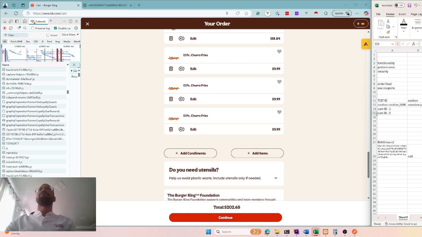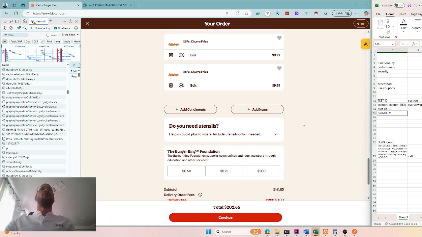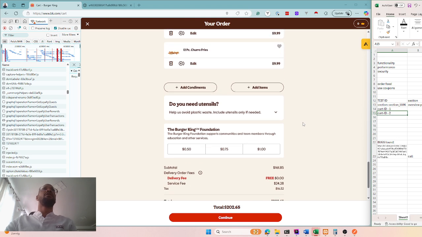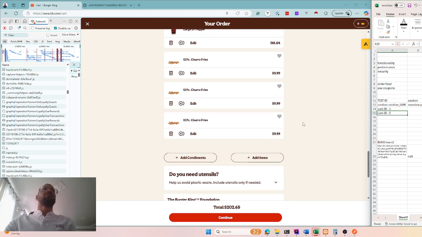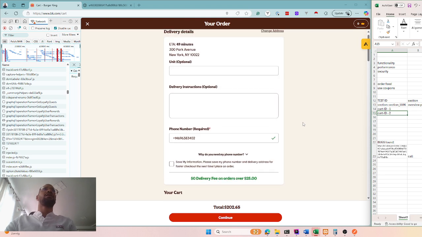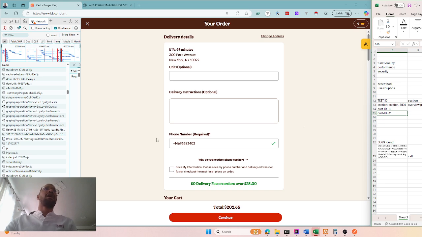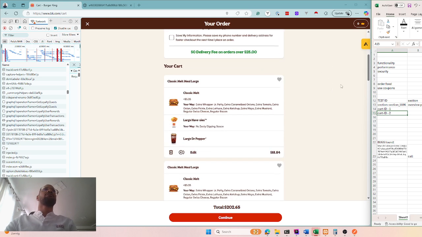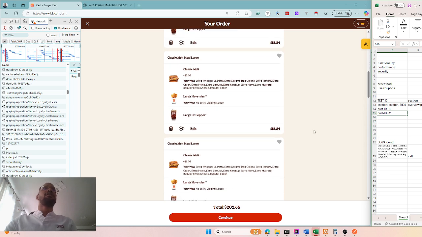In this case, you have 1, but you also have 2, because why I'm using 1 and 2 is because there are more things that you can do in the card. There are a lot of stuff. So not only can I adjust my delivery address, but I can also adjust my card. I can put it as a favorite,